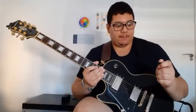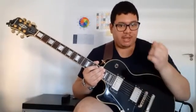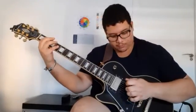First point. Second point. When you're picking and you have to mute at the same time, a good picking hand technique takes care of that. Me, for instance, there's this riff in a Ghost song called From the Pinnacle to the Pit, and it's a muting riff. It's kind of like...